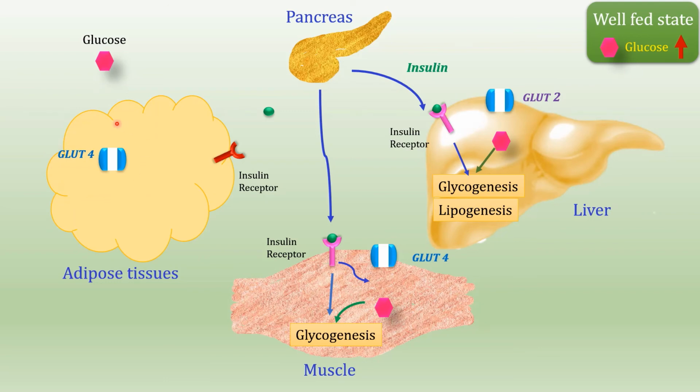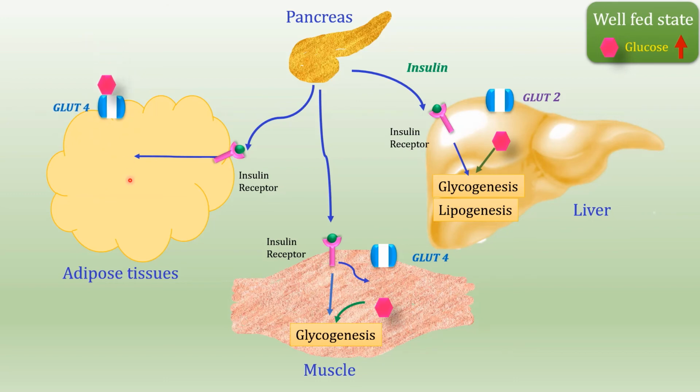Adipose tissue also has GLUT4 transporters which are located in intracellular vesicles, and they are insulin dependent. So when insulin binds to the receptors, they cause transport of these intracellular transporters to the surface, through which glucose can enter the cell. And what is the action of insulin in adipose tissue? It causes lipogenesis, that is fatty acid synthesis and then storage of fatty acid in the form of triacylglycerol in adipose tissue. So these are the various actions of insulin in organs like liver, muscle and adipose tissue.